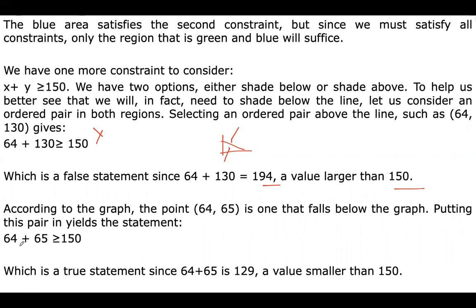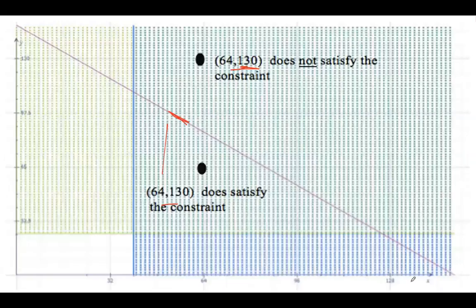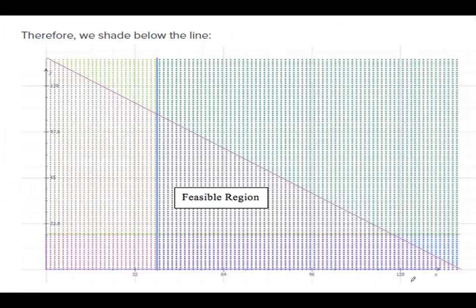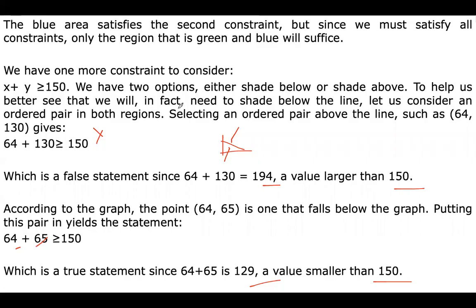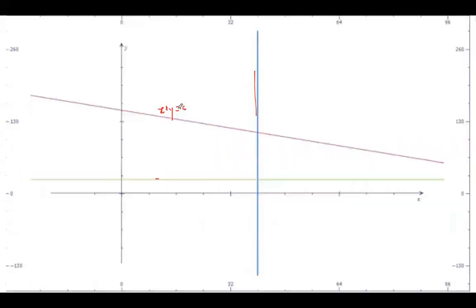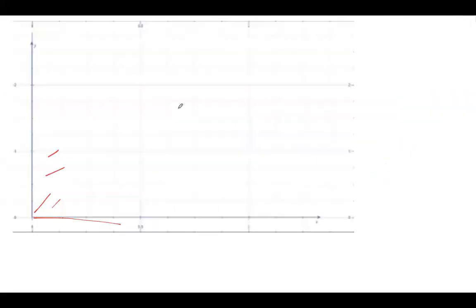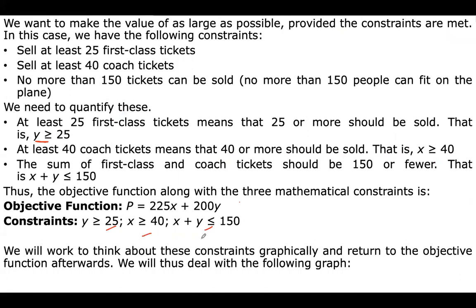Similarly, when we put a point which is below the line X plus Y equal to 150, so 64 and 65, it gives 129. So this is a value smaller than 150, so it is satisfying the line, right? This is just representing the same points on the graph, as you can see. So we can see this purple area below the line would fulfill this equation. Or we can do it directly when we see this equation. It should be less than, like this was our constraint equation, less than. So if we have less than, you can shade it below.